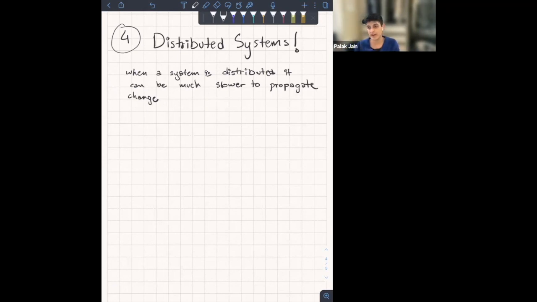One of the very good questions that we got asked a few times in the weekly questions this week was: what happens for Tor, for Onion servers, when an adversary can control, say, all the entry nodes of a system? This is a very good question because it gets to the heart of the issue, right? So when a system is distributed, it can be slower to propagate change, but also